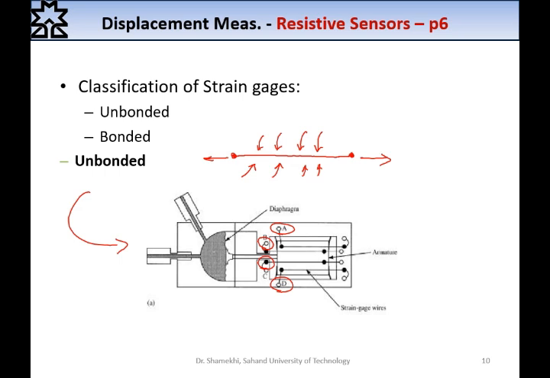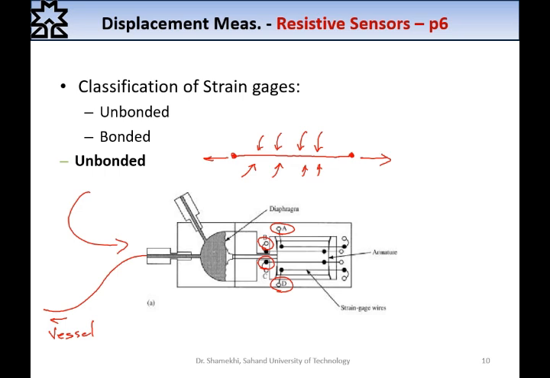Let me start from the beginning. We designed this sensor to measure blood pressure using a catheter. We connect this part using a catheter to the vessel,